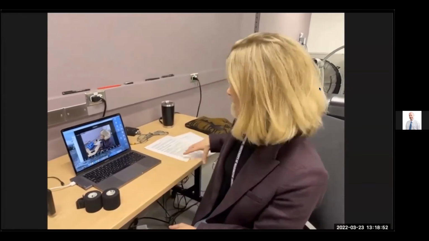Speed dating sensor today is the APDM Opal inertial sensors. So I'm going to give you a quick intro to those sensors and see if they're the right ones for you. So here they are,